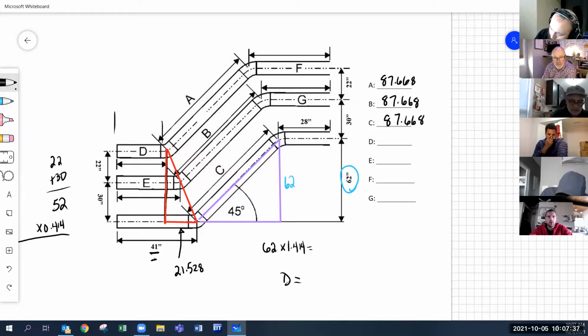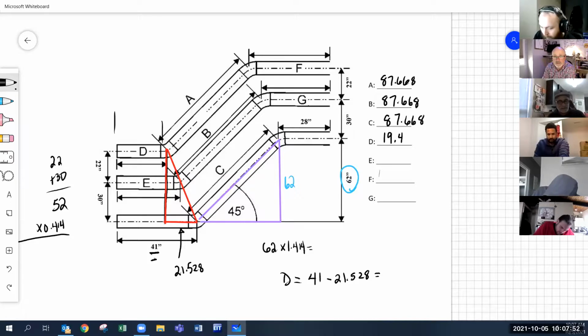So D is equal to 41 minus 21.528. So D is 19.472. Now I have D at 19.472. I can get E by, and I'm going to color my 22.5 degree right angle